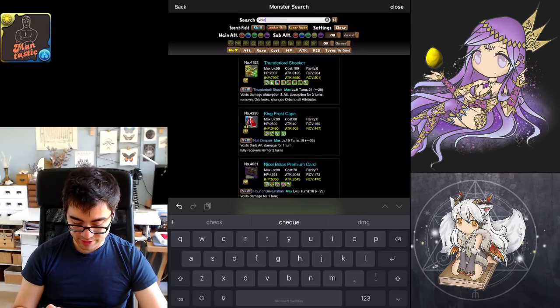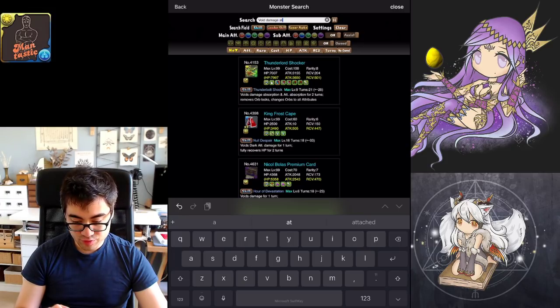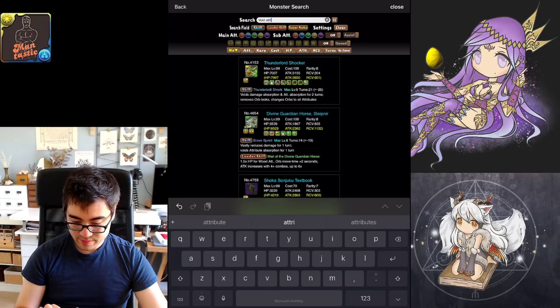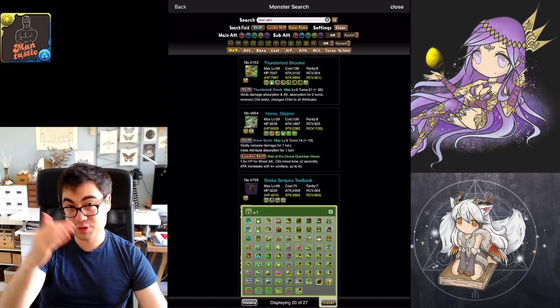It's silly. Like I said, there's some problems with this overall. Like void damage, what? Void damage absorb or attribute. Void damage attribute. I'm just trying to figure out void. So if I want to avoid attribute absorption, I can type that and it will show me all the different